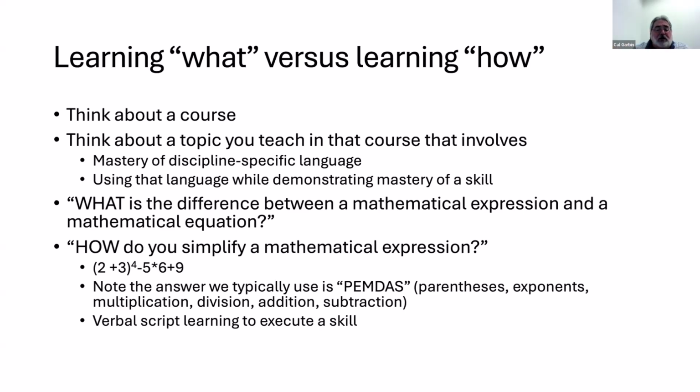One thing that's a great example, why PEMDAS is a great example, is that most scripts aren't just about what you're doing, because that's captured in the what part of learning, but it's the order in which they're done. Doing things in the right order is often absolutely necessary for complete success. Partial success you can get by banging at it till you get something done. But very often the notion of script, like I say, carries with it doing things in the right order. And sometimes that order has to be learned.